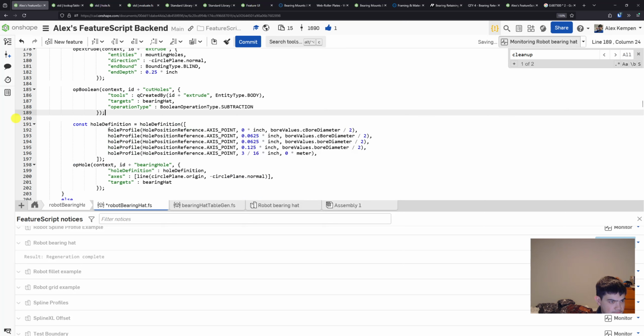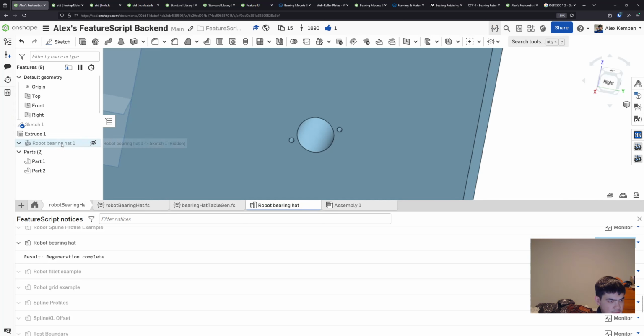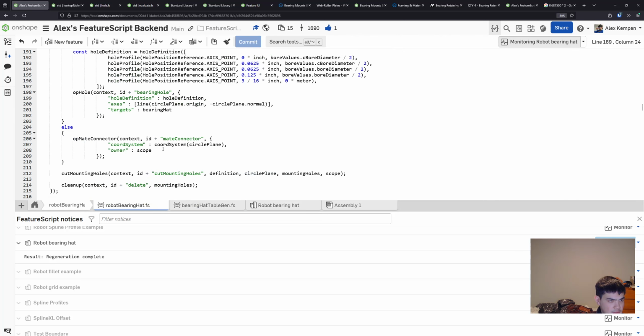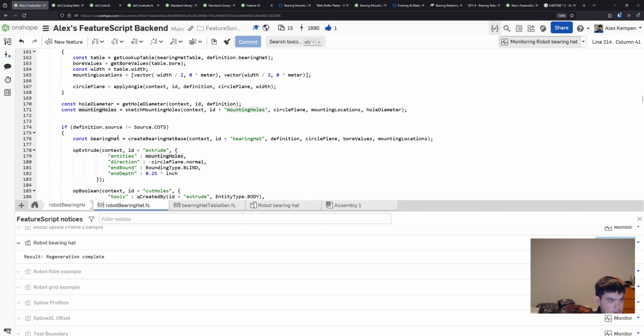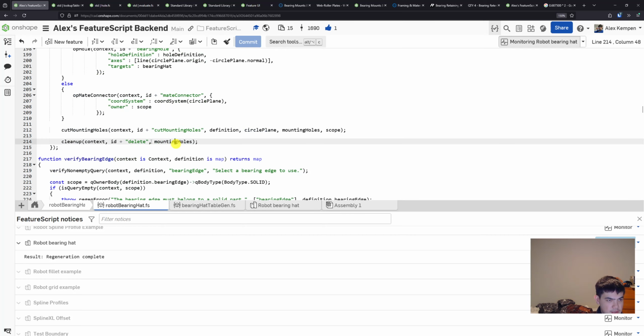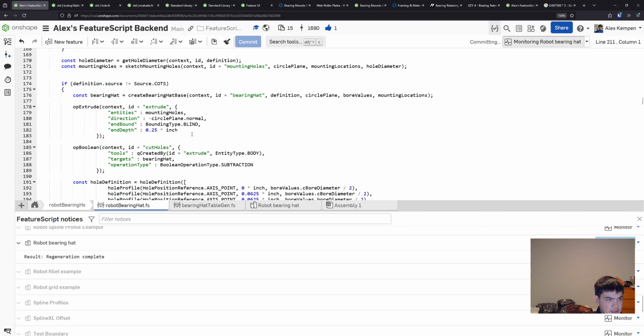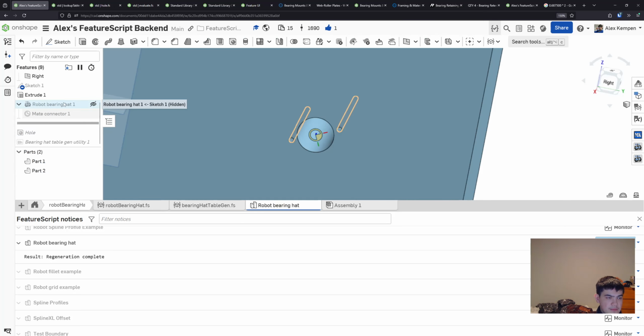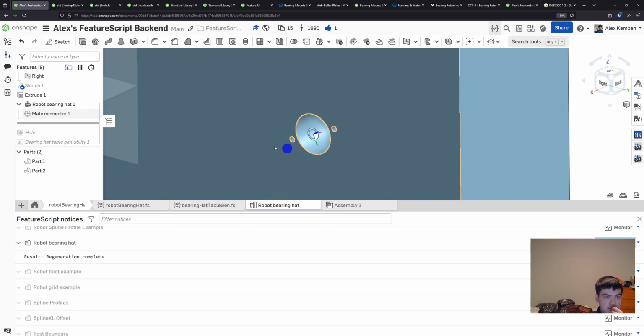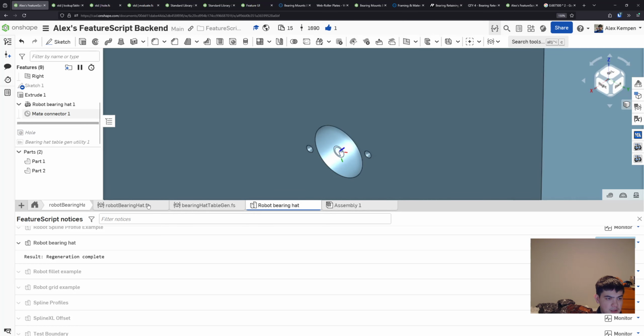Wait, really? Where's the sketch? Oh, it's those. Wait, no, but I'm deleting those. Oh, that's the sketch region. Yeah. Okay, we'll just delete all the sketch stuff. So normally just deleting all your sketches would be sufficient. The only caveat is because we're also deleting